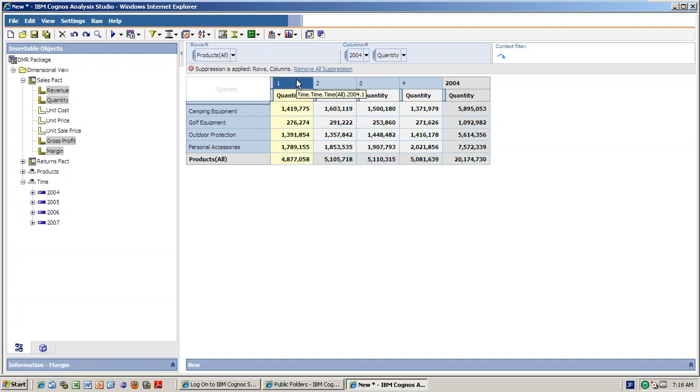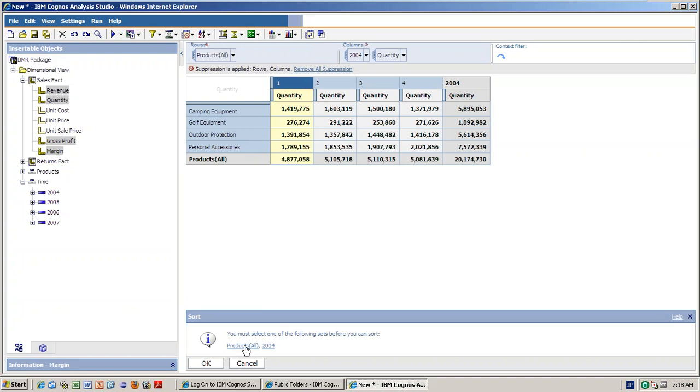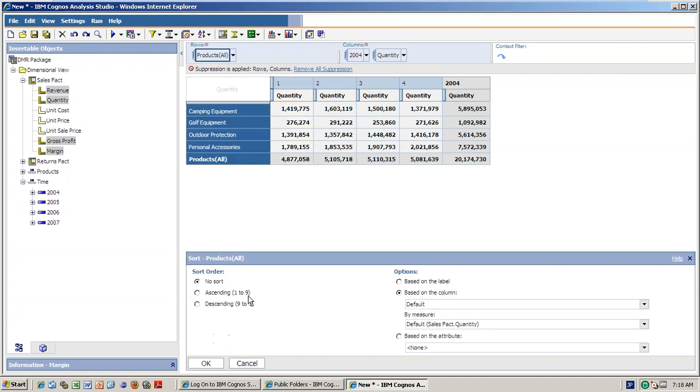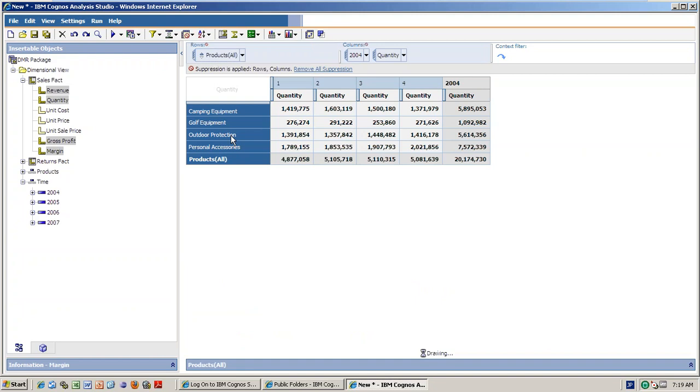The next one. And sorting, so you just select the one and you just sort it. So product all, you want ascending order by measure. Which measure? Quantity measure, right? You can select like that. So now golfing equipment will come top. See? And also the suppression is already applied. That's the reason why zeros are there. So this is how you can add the sorting, descending order, all those things.